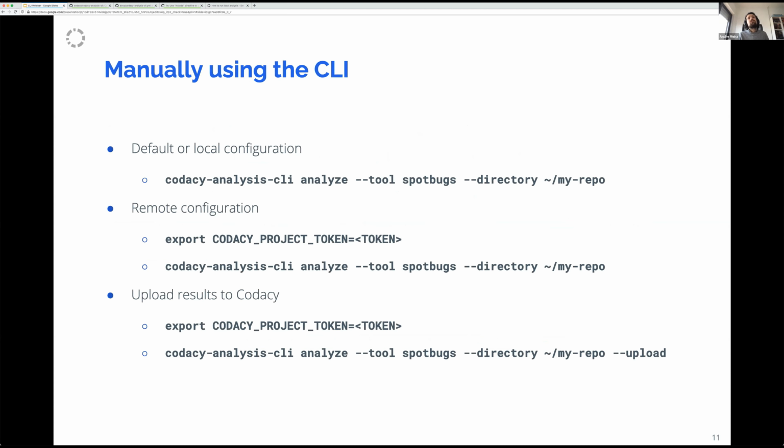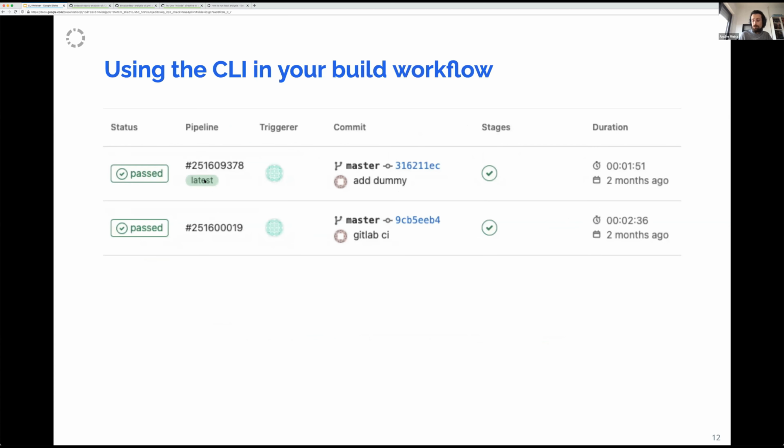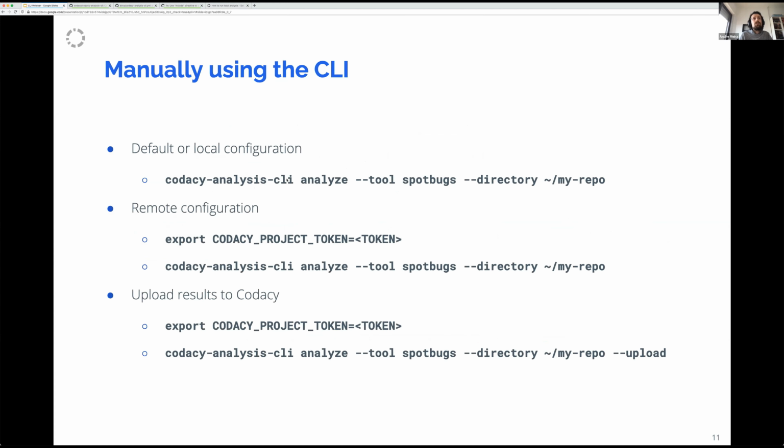So how do you use the CLI manually? After installing it, let's say that you install it using Brew, you simply need to invoke it and then specify that you want to analyze code and specify the tool that you want to run. In this case, Spotbugs, because it analyzes compiled code. And then specify the directory where your code is. In the first case,